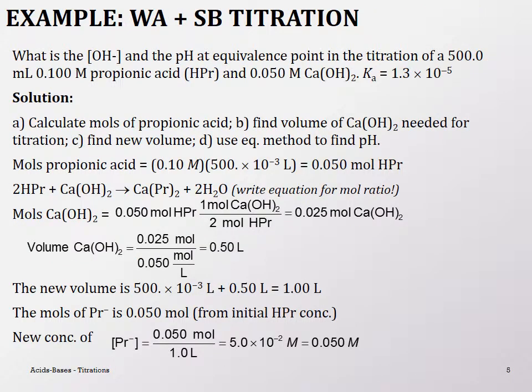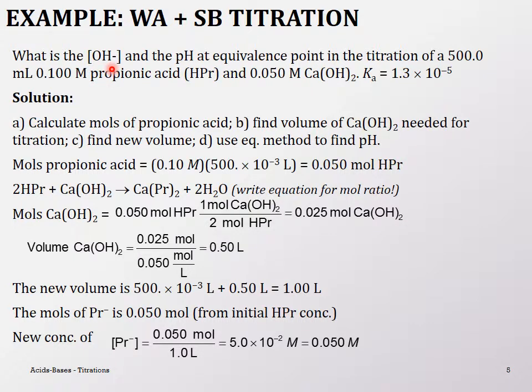Okay, so let's see in a calculation for weak acid and a strong base titration. So the question is, what is the hydroxide ion concentration and the pH at equivalence point in the titration of a 500 milliliter 0.100 molar propionic acid, HPr, and 0.050 molar calcium hydroxide? And Ka is given to us, which is going to be for propionic acid because that's the weak acid that we're dealing with. A few things here before we go on to look at the solution of this is we're